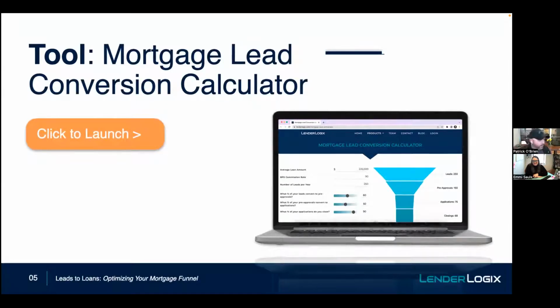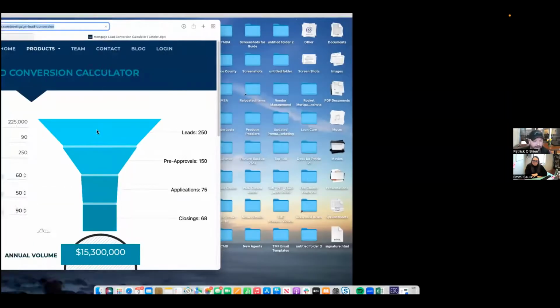What we did was we created this tool, because we play around with a lot of these numbers ourselves and look at what our clients are up to. So we figured, why not create a calculator that we can share out with people, loan officers, whoever, so they can take a look at these metrics themselves and play around with them a little bit and see how changing these figures impacts their business.